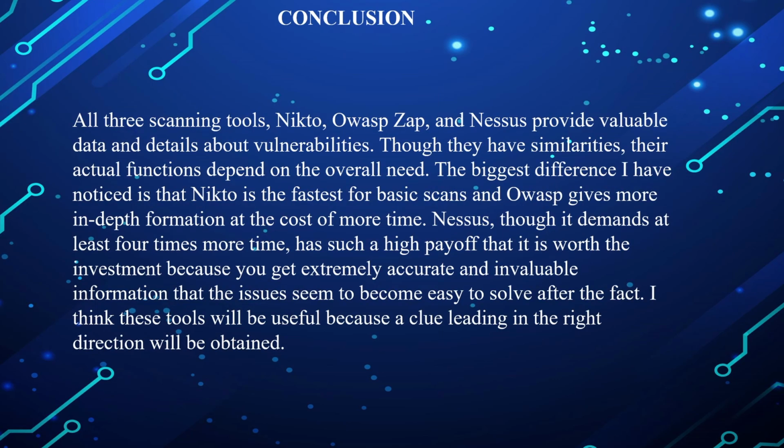To conclude, all three scanning tools, Nikto, OWASP, and Nessus, provide valuable data and details about vulnerabilities. Though they have similarities, their actual functions depend on the overall need. The biggest difference I have noticed in my personal use is that Nikto is the fastest for basic scans, and if you want more in-depth information, I would use OWASP, even though it would cost a small bit more of your time. Nessus, though it demands at least 4 to 5 times more time, has such a higher payoff that